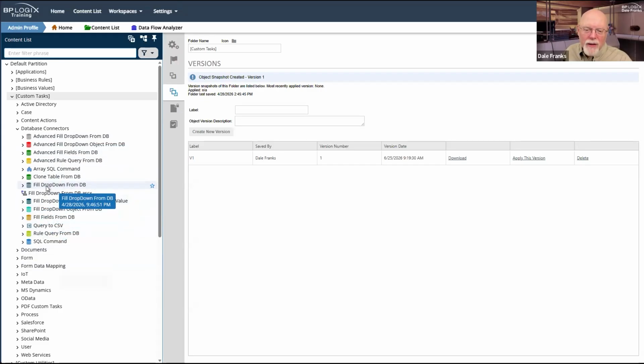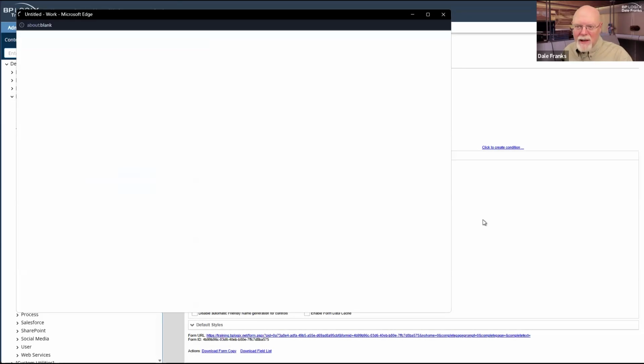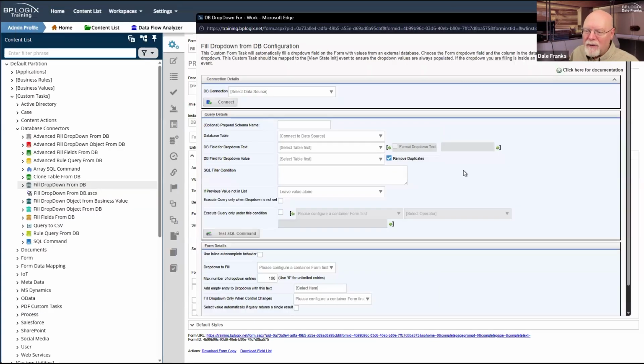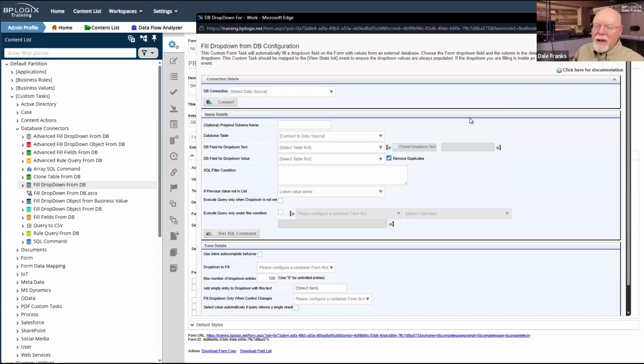So I'd have to go here to this custom task and I'd have to configure it. And if I was filling the same dropdown with the same database data on 5 different forms, what that meant was I had to individually go in and configure this custom task on every single form.